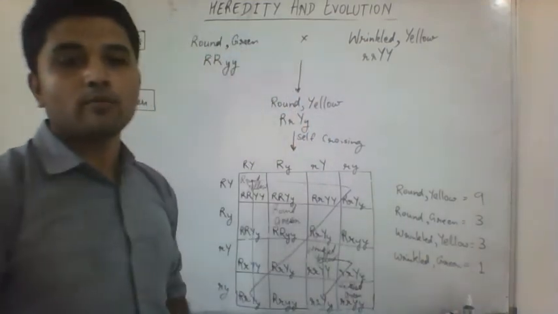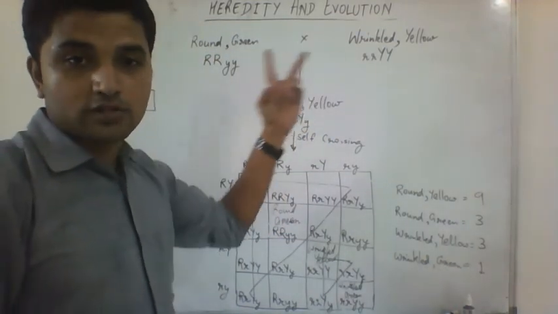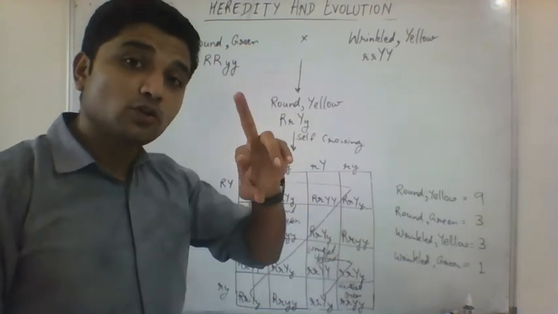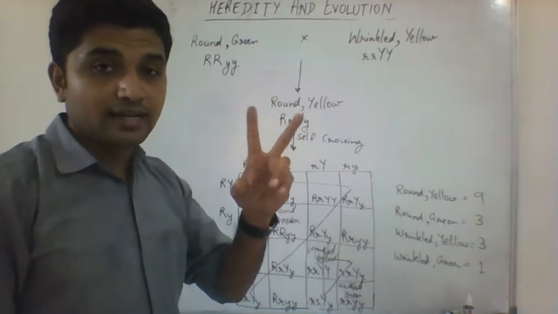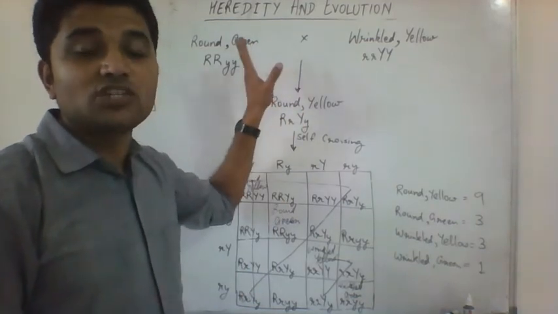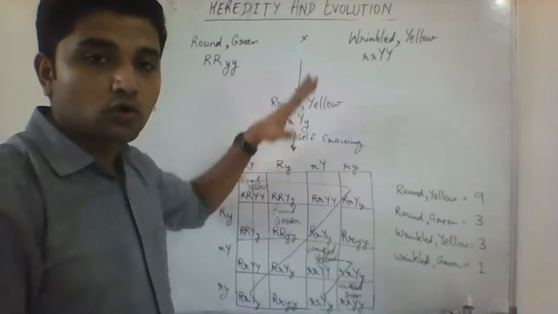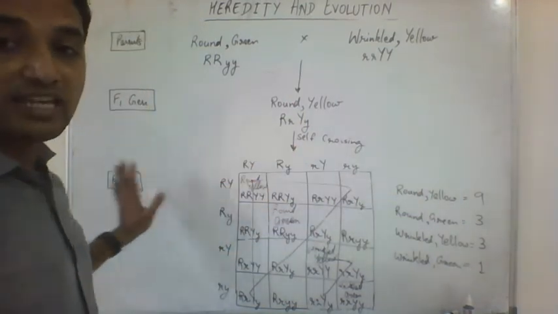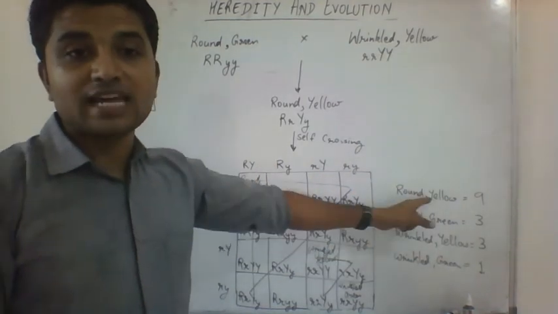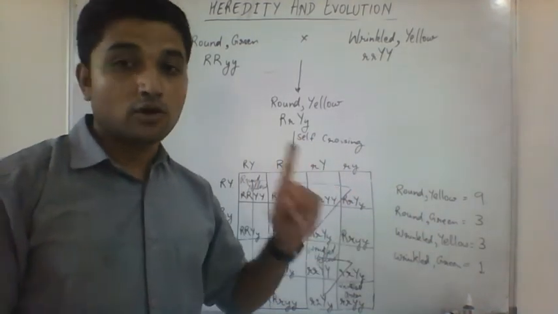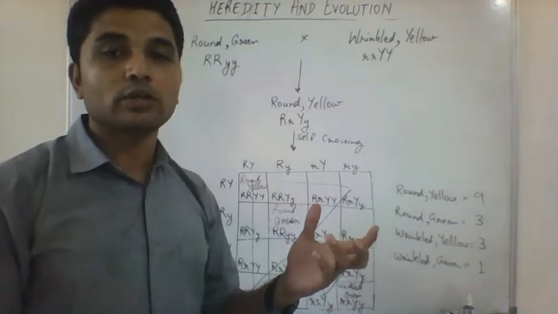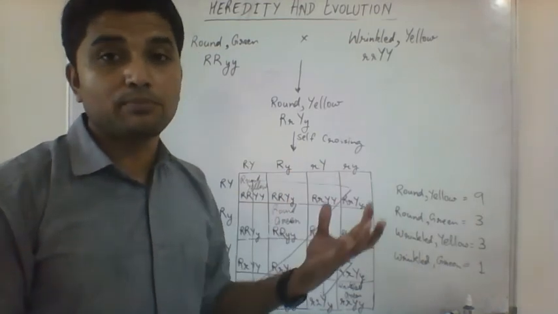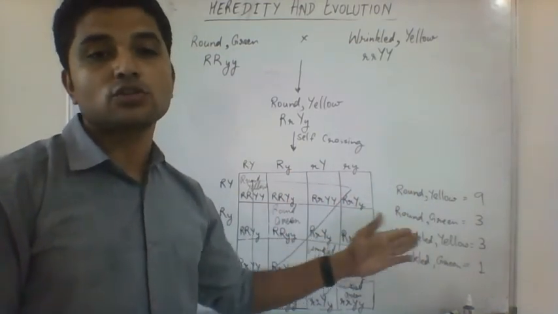So the ratio formed here when you take a dihybrid cross. What is a dihybrid cross? When we are crossing two plants having two different contrasting characters. Two different characters we are talking about, here seed color and seed shape. When we cross 2 different contrasting characters, we get the phenotypic ratio in the F2 generation. The phenotypic ratio is 9:3:3:1. For a monohybrid cross, you were always getting a 3:1 phenotypic ratio in the F2 generation. For any dihybrid cross of a pea plant, you would get 9:3:3:1.